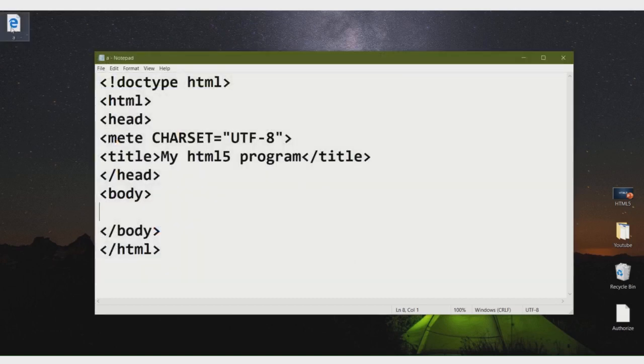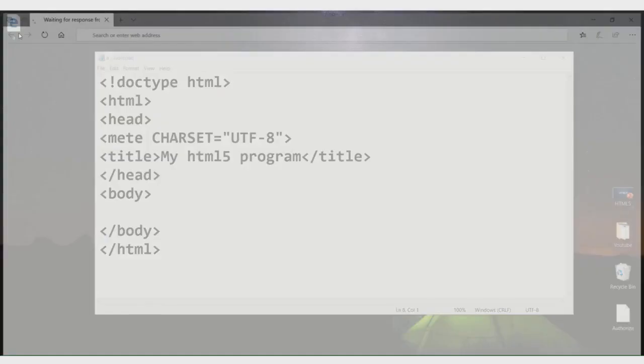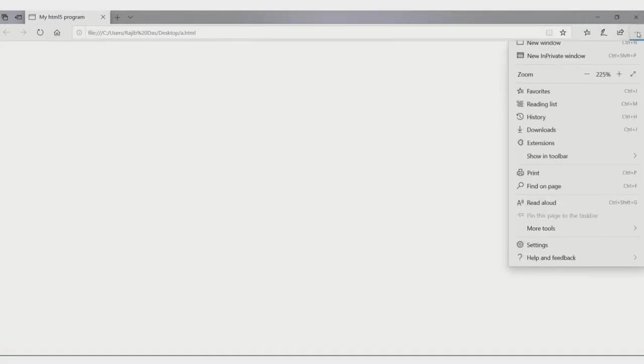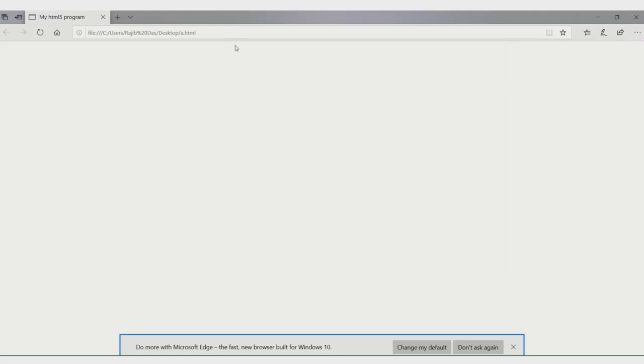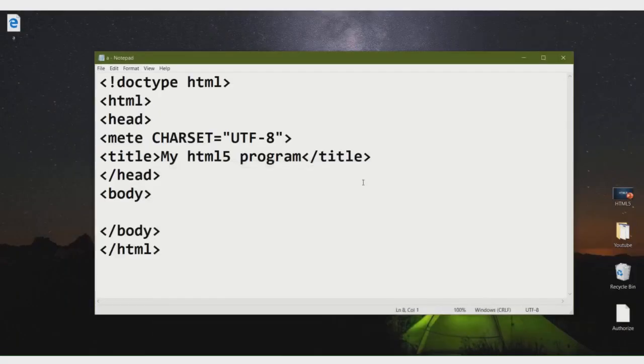Okay, this is the HTML file, and open the browser. See, this is the title which I have given, my HTML5 program, and a.html is my HTML file name. Okay, then go to the next tag.